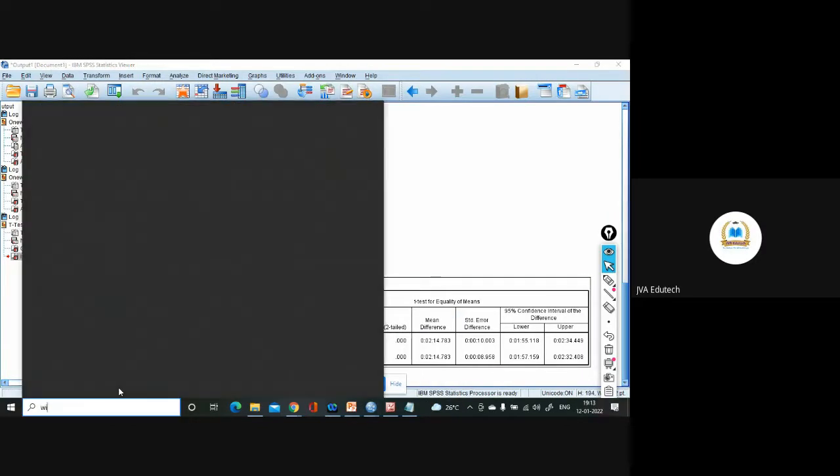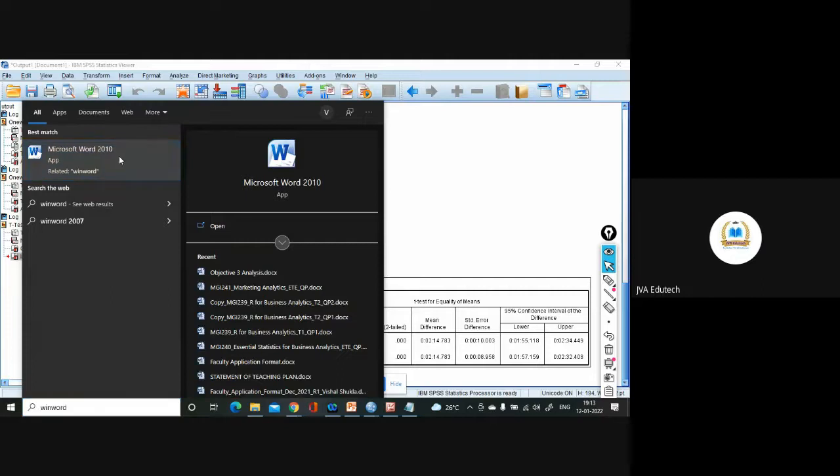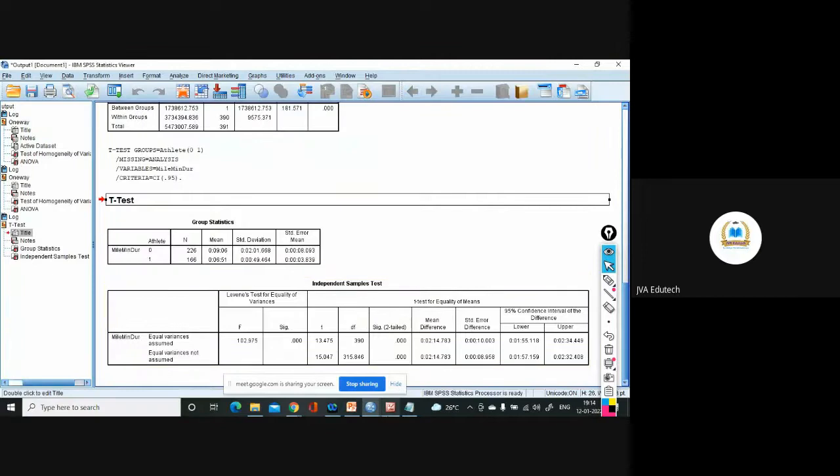Sir, how do we report the table? Miss, I'm not getting you. How do we draw the table, t-test table in the result section? Miss, you want to put this table in your Word document? Yeah. So simply you have to copy this and paste in Word. From SPSS, you can simply copy any table and paste it. Now here you feel one problem. I'll show you. Let MS Word open, then I'll show you.